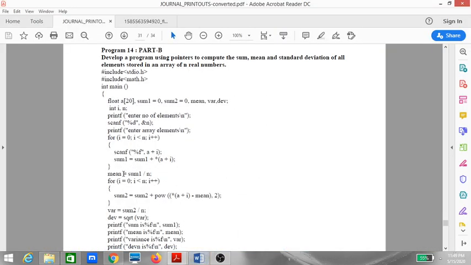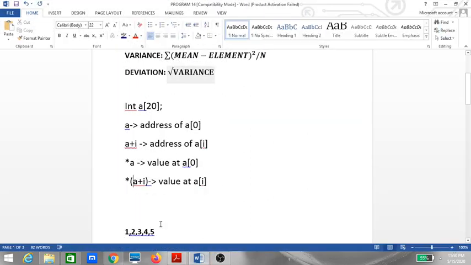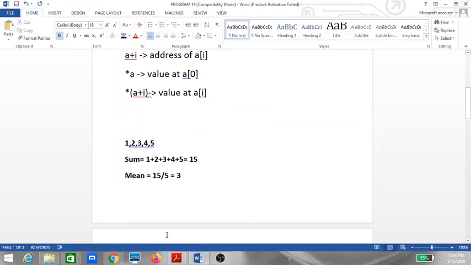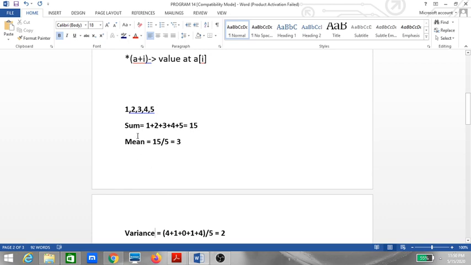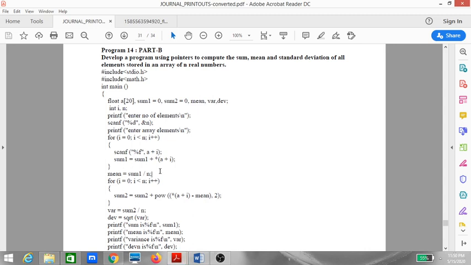So when I do that, then finally when all the elements are accepted, I know the sum, which is stored in the sum1 variable. Then I can calculate the mean by dividing this sum1 by n. So let me take an example. If I consider the values as 1, 2, 3, 4, 5, then sum1 will be equal to all the values, and mean will be equal to sum1 divided by n, which is 15 divided by 5, which is 3. So I hope till this point everything is clear.